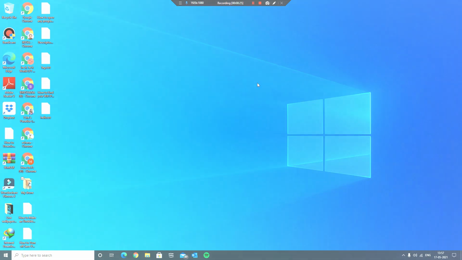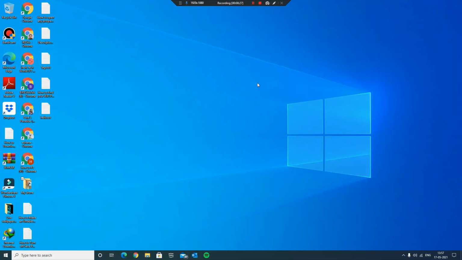So let's get started. First you're going to need to locate that file or folder on your computer. In my case, I have this folder created on my desktop. It does have some files inside, but we are going to make the entire folder undeletable so that we will protect the files inside from any accidental delete.